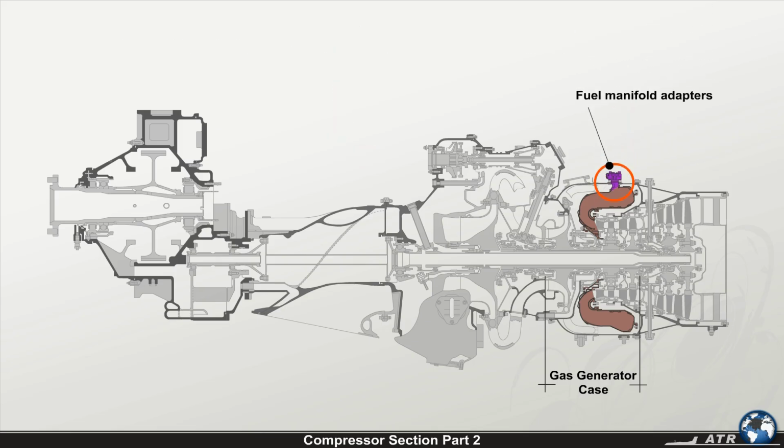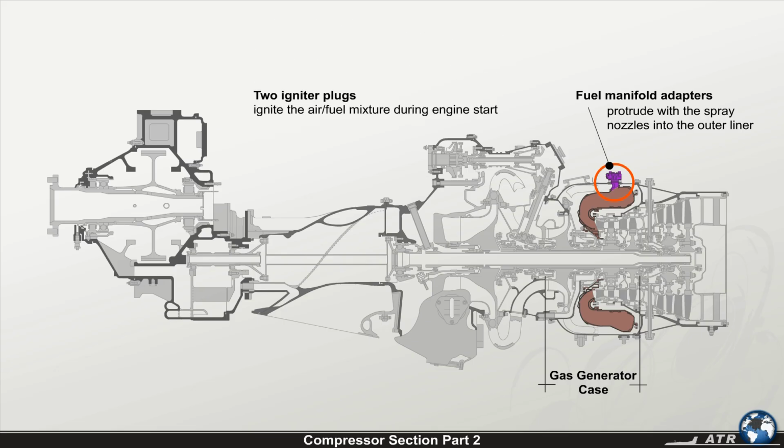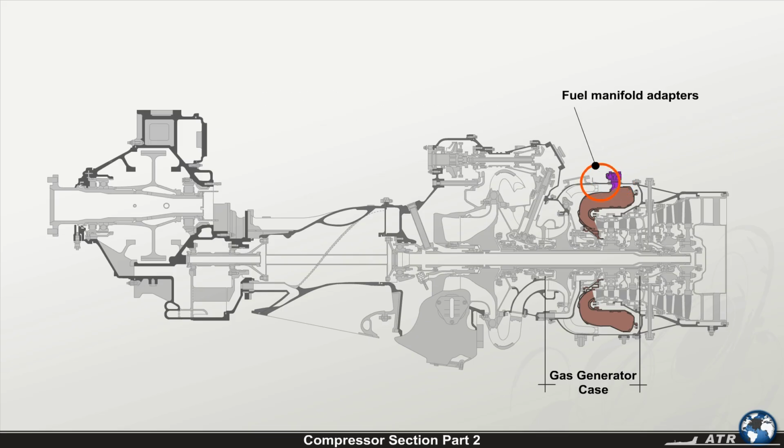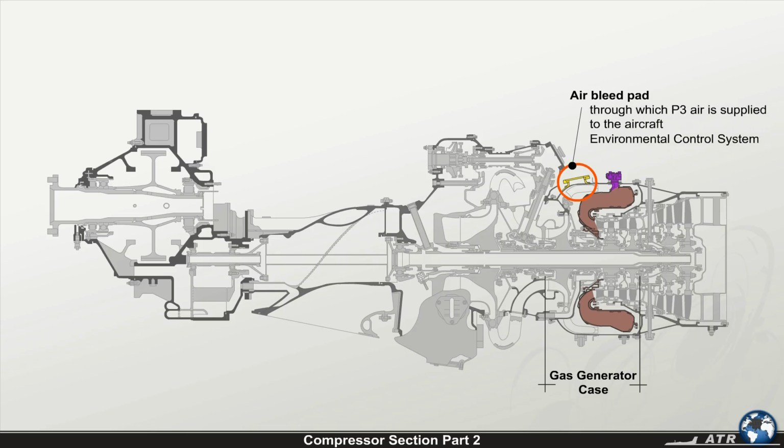The fuel manifold adapters mounted around the exterior of the gas generator case protrude with the spray nozzles into the combustion chamber outer liner. Two igniter plugs mounted on the gas generator case ignite the air-fuel mixture during engine start. The gas generator case incorporates an air bleed pad through which P3 air is supplied to the aircraft environmental control